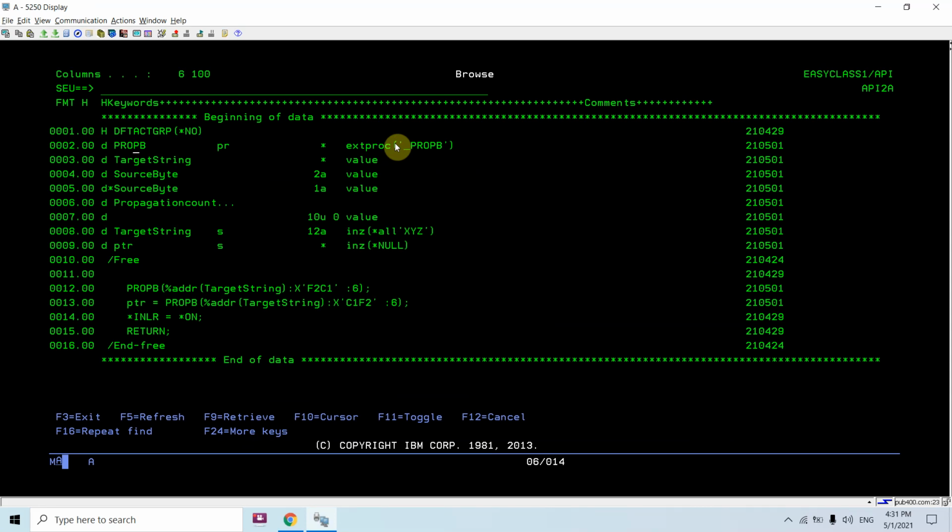Basically here we are going to use the procedure PROPB, whose built-in name is underscore PROPB. Whenever we are going to use this API in our ILE RPG program, we will define the prototype like this. Then we will be calling this procedure in our program, and that will be available to us. And basically once we define this, it will get bound to our program. Now you can see